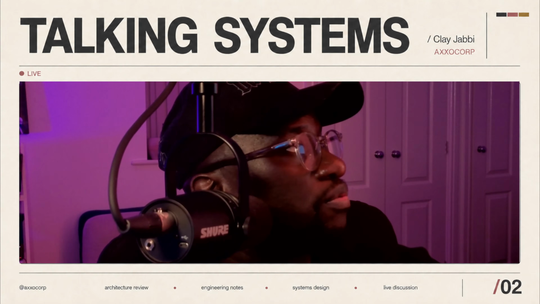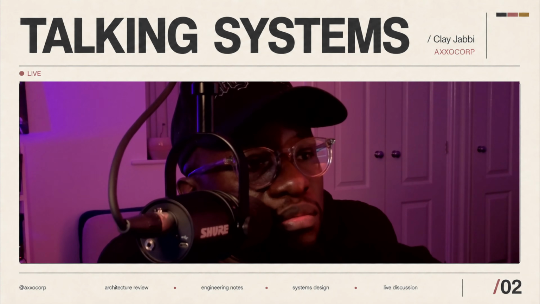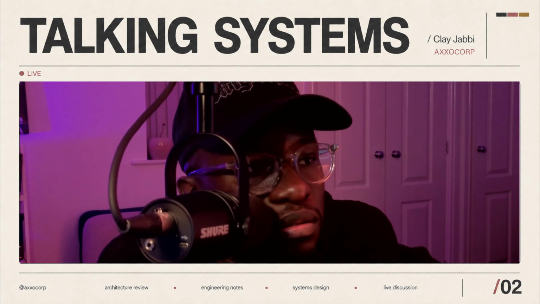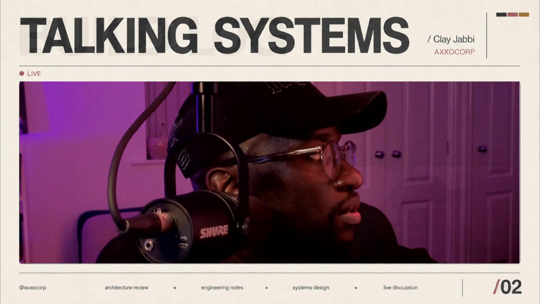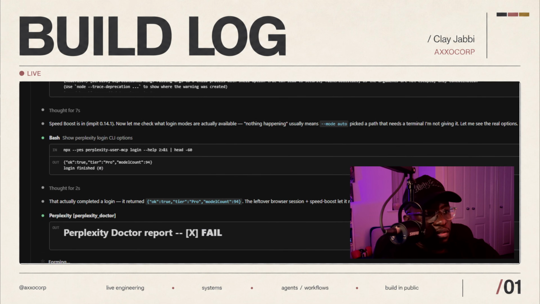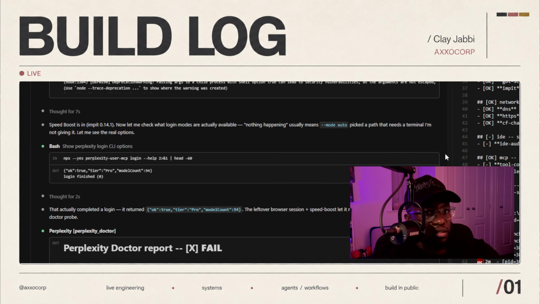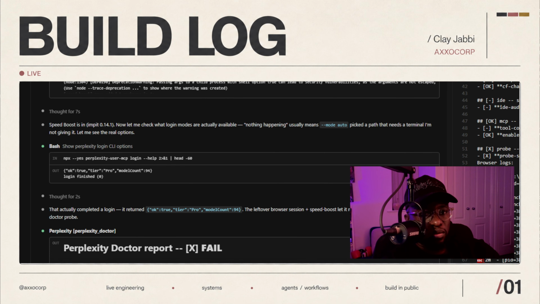Definitely logged in and authenticated. What is the issue here? Okay, cool. So that's all logged in and authenticated, which is fine. The leftover sessions from the doctor. So that's actually completed. It returned logged in true. Fine, because it did pop up on my account. But then this is still output as failed